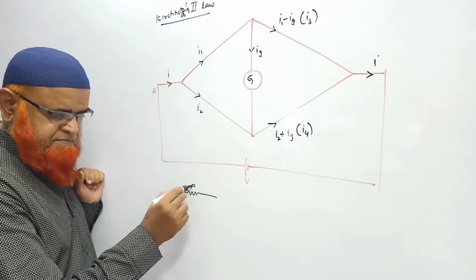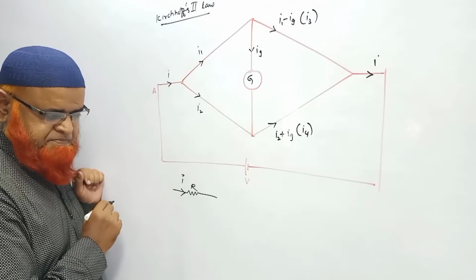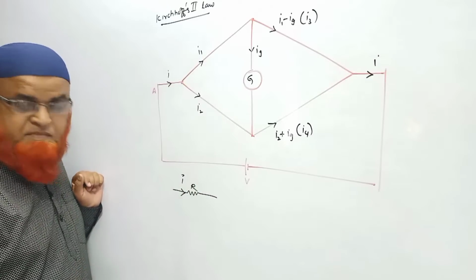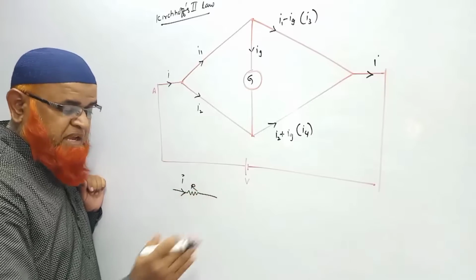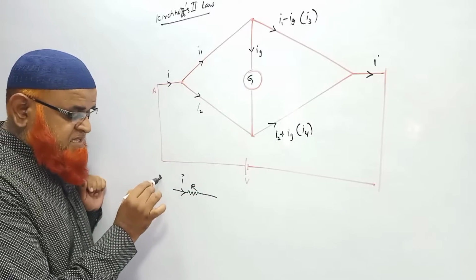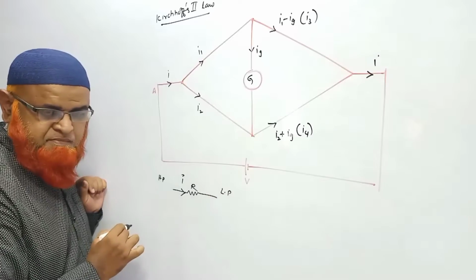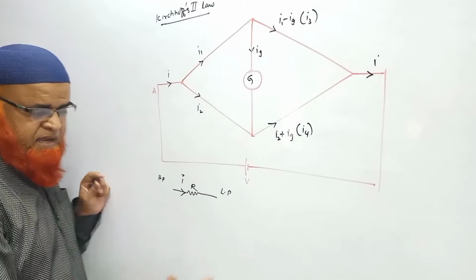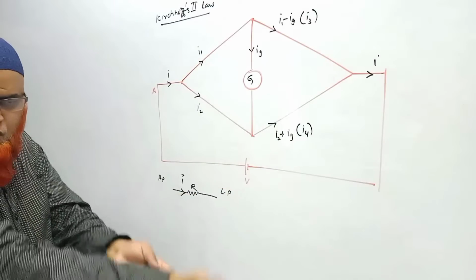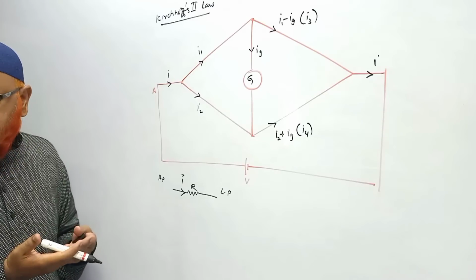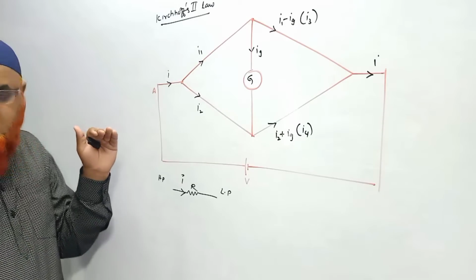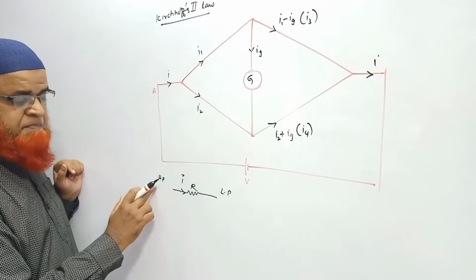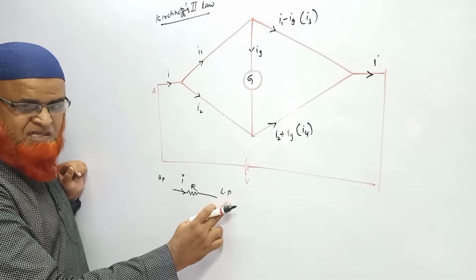This is a resistor and this is the current. If the current is flowing in this direction from left to right, what does it mean? It means that this is higher potential and this is lower potential. Now just tell me, if the water is flowing from left to right, what does it mean? Left side it is high, right side it is low. That's why it is moving. Water flows from high areas to low areas, isn't it? Same thing happens. Current is flowing from left to right means it is flowing from high potential to low potential.